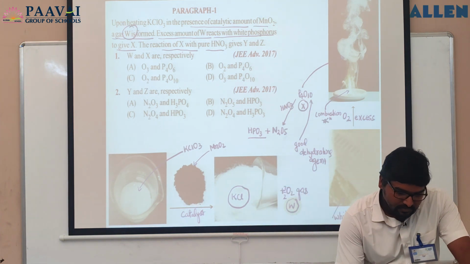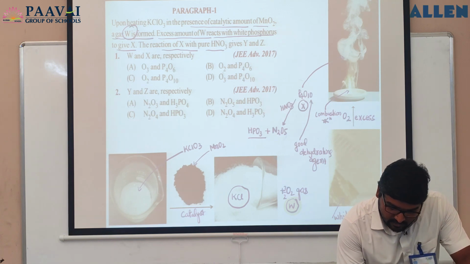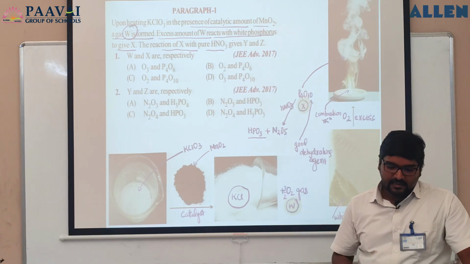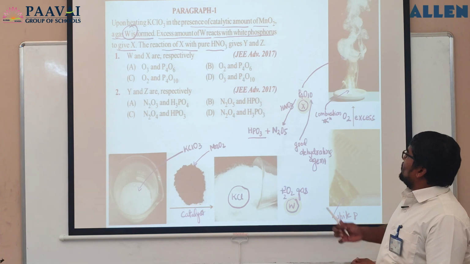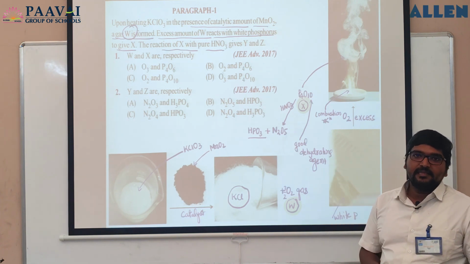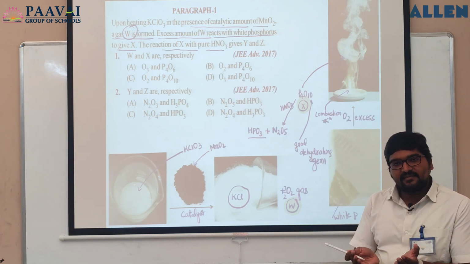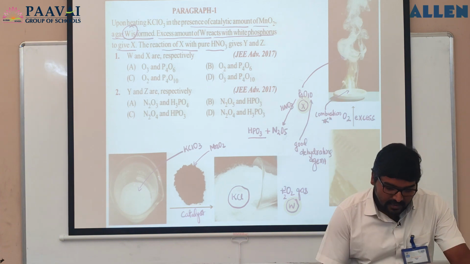After that, this P4O10 is the compound X which had been obtained by heating the white phosphorus in excess of oxygen. Okay. After that,